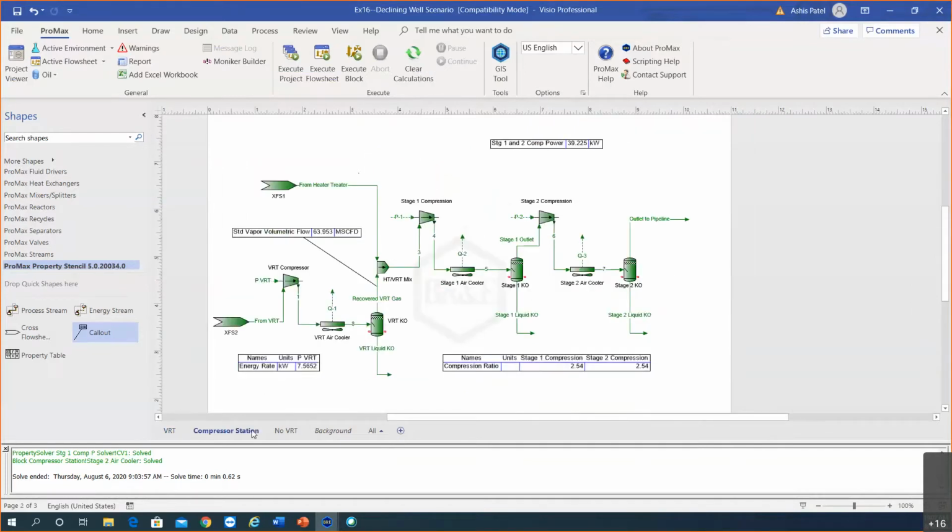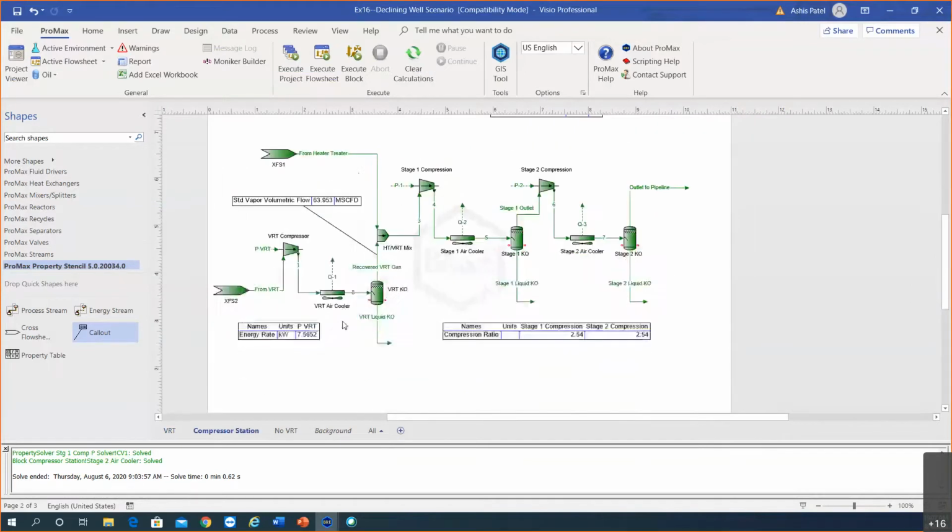If I click on that second flow sheet, we'll see the VRT gas comes in, gets compressed up, cooled, and we have a final amount of our recovered vapor. And we also have recovered vapor from our heater treater that gets combined, and both of these vapors are going to be compressed up to our pipeline pressure of 500 psig,